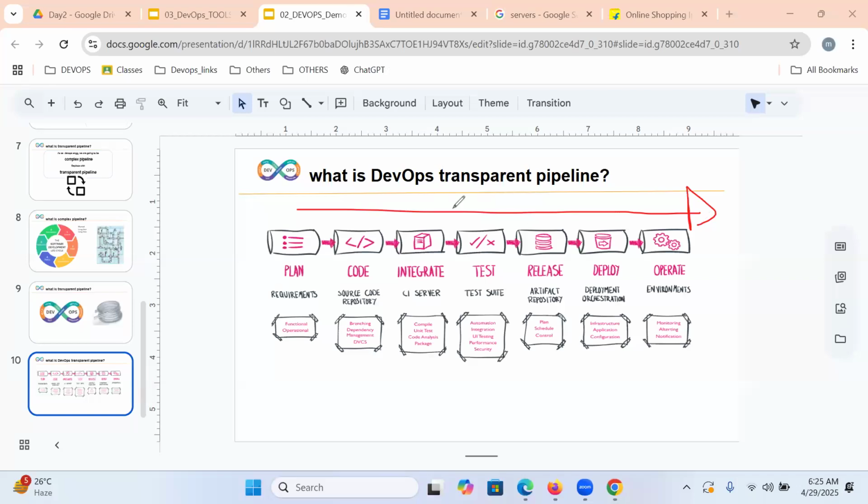Clear? But while implementing this automated DevOps process, we require infrastructure also.